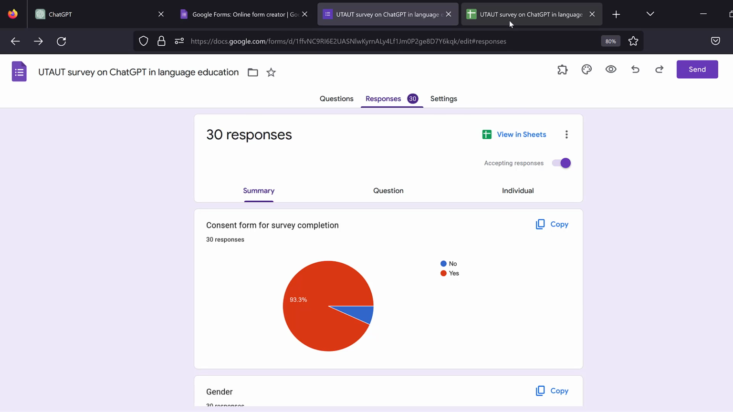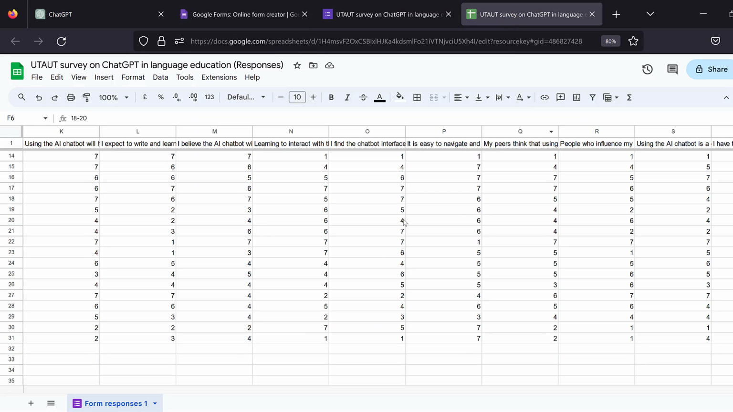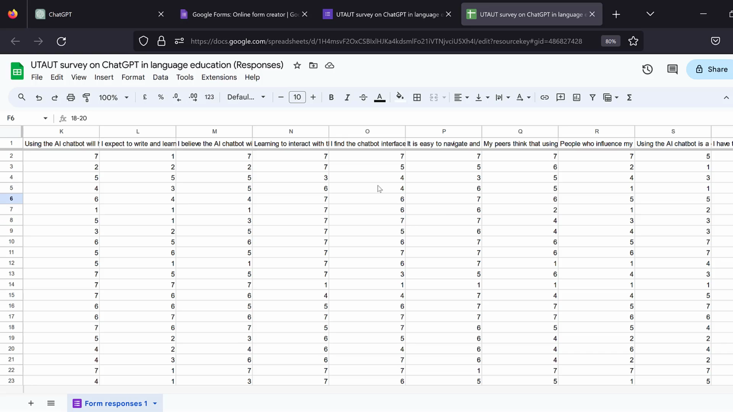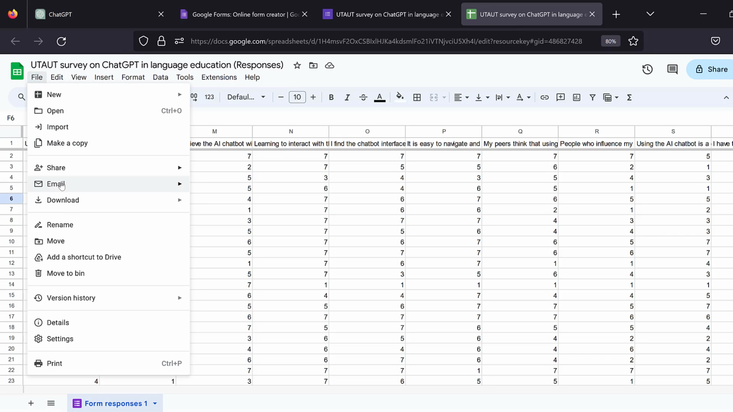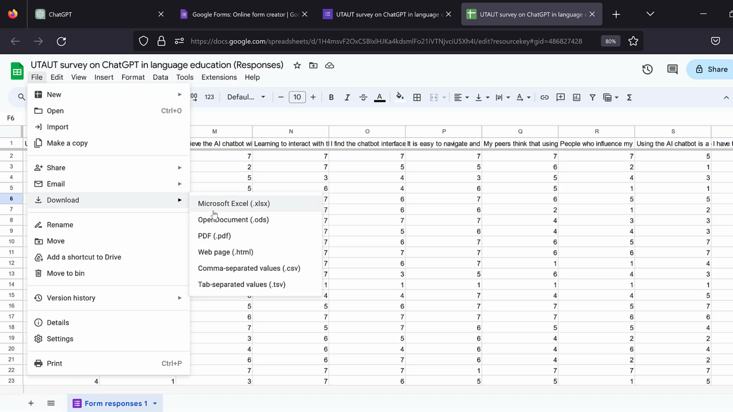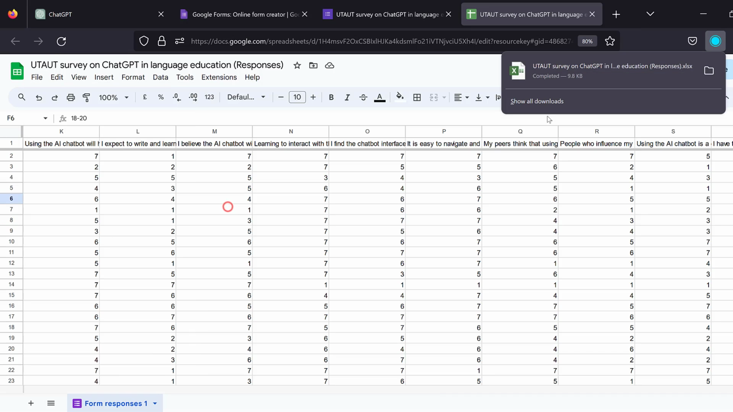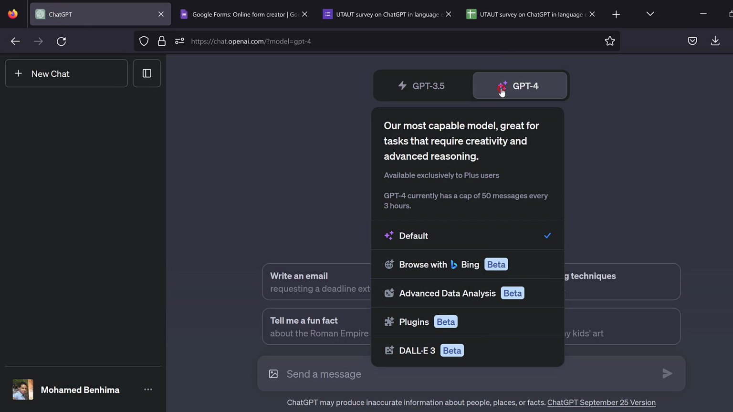And once we open it, we will have data like this. We could just literally do some cleaning of the data and coding. Then we can export it by going to download and then Microsoft Excel. And here it is. Once it's exported, we can just simply go to ChatGPT and open the